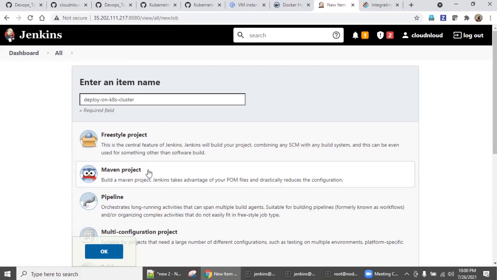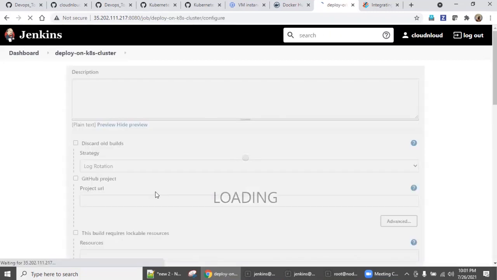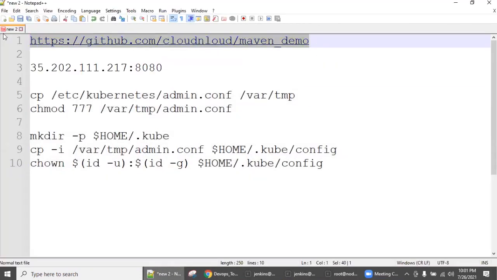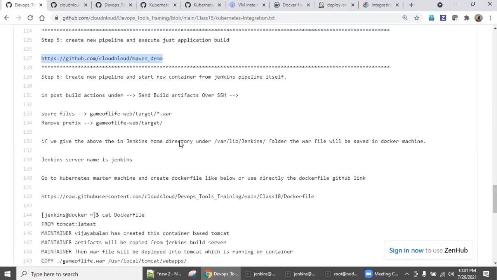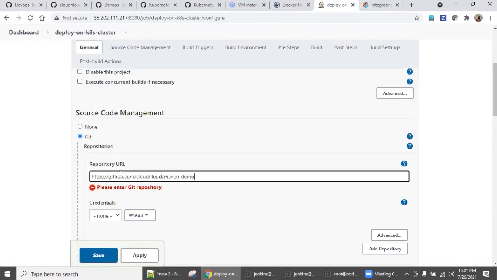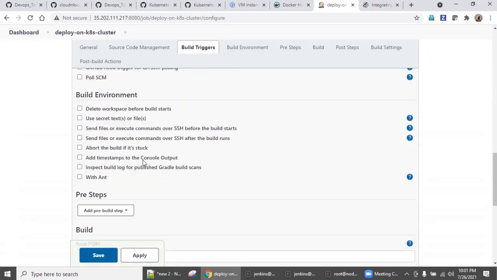From that pushed custom image, create a deployment on top of the Kubernetes cluster. Say okay. And what is the application? Our repository maven_demo. Yes, copy this. Go back here, GitHub here, and come down, build it.